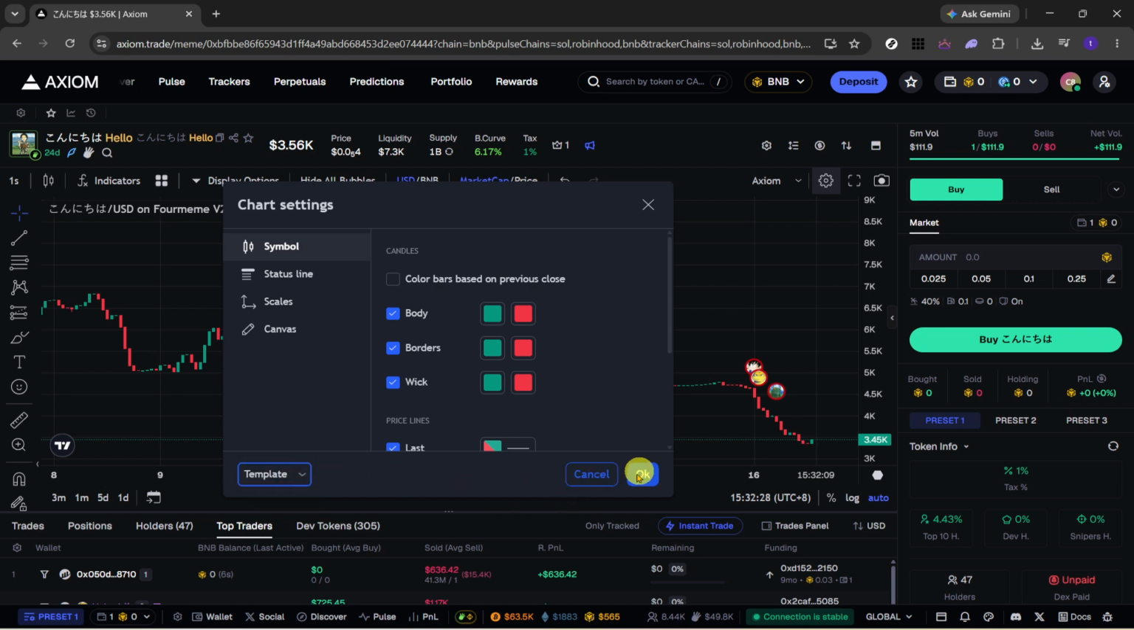Once you do, the chart should reset to the default template. If the update doesn't appear instantly, give it a moment to refresh visually. In some cases, clicking away from the menu or briefly waiting can help you confirm that the reset has been